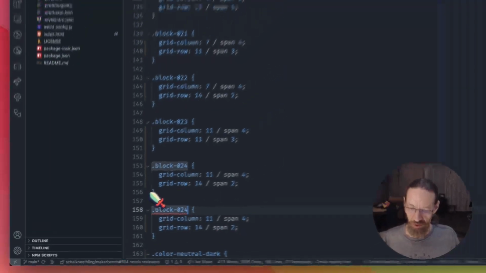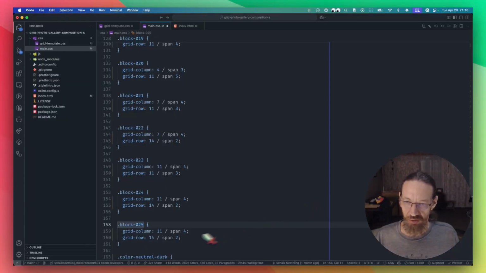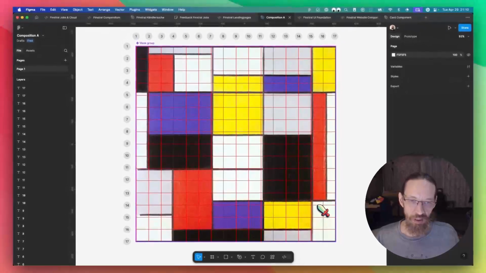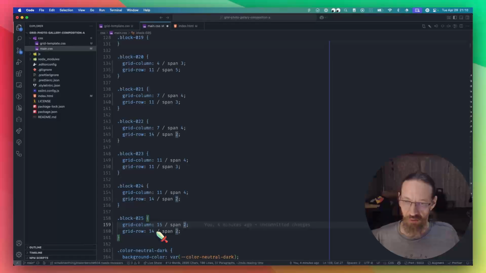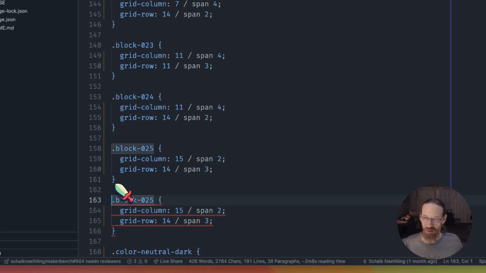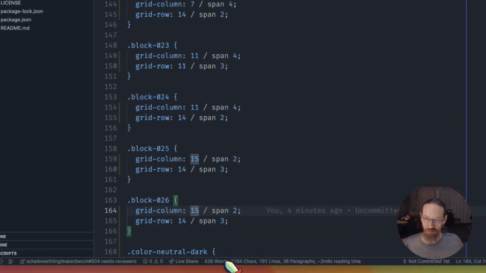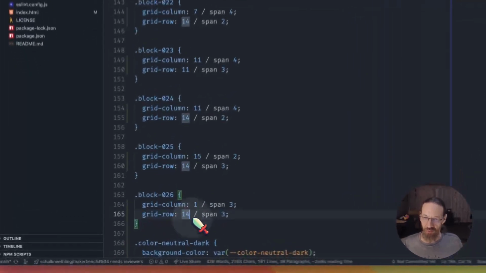So 25. And so this one starts at 15 goes to 17, 15 span 2, and it starts also at 14, and it spans 1, 2, 3. 14 spans 3. And now we're down here in the corner. 26. Okay. 1 span 1, 2, 3. Oops. 1 span 3, 15 span 2,